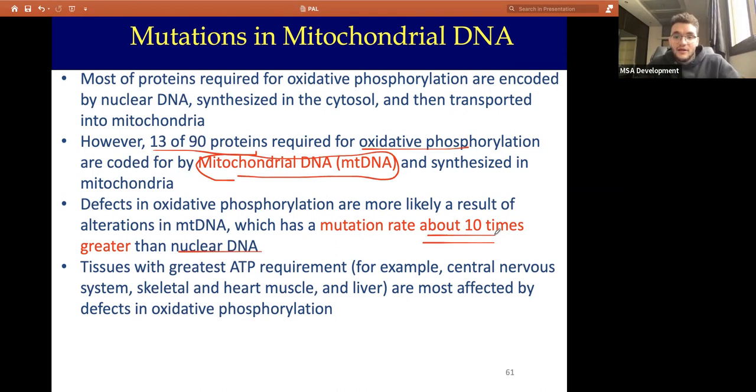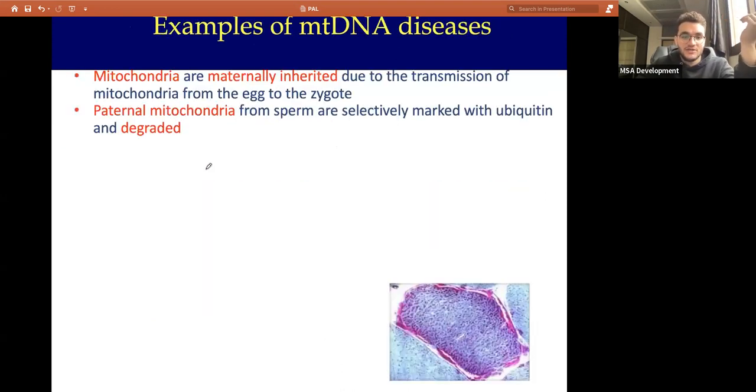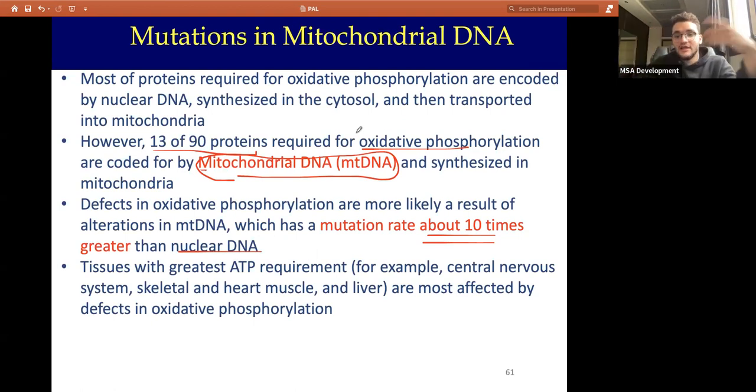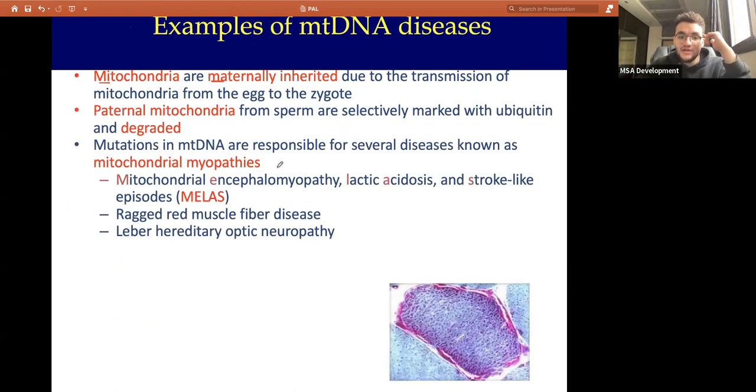And a very important point is that nuclear DNA comes from the mother and the father. However, mitochondrial DNA only comes from the mother. So M: mitochondrial and maternal. The paternal one will be degraded. So some diseases are due to mutations in mitochondrial DNA, which comes from the mother and not from both. Nuclear DNA comes from both. Because mitochondrial DNA only comes from the mother, and it is more prone to mutations,